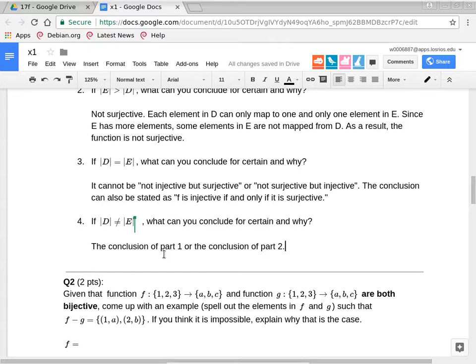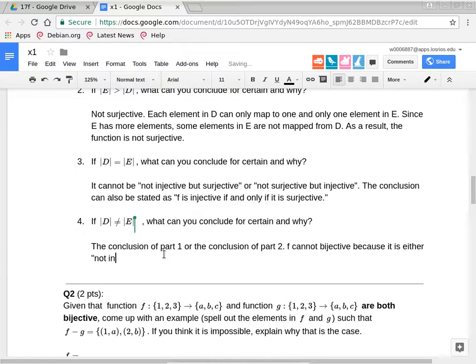One is saying the cardinality of D is less than. The other one is saying the cardinality of D is greater than. This is just saying that it is either 1 or 2. So if you run out of time, this is fine. Is that okay? But the conclusion, you can also say, okay, F cannot be bijective because it is either not